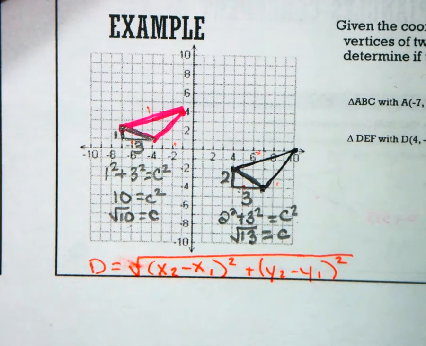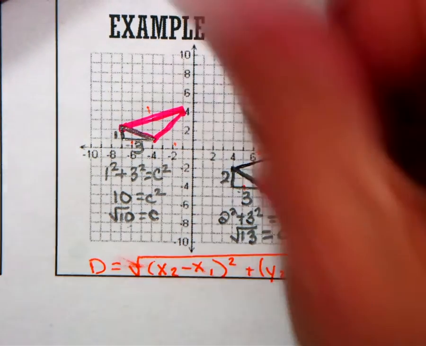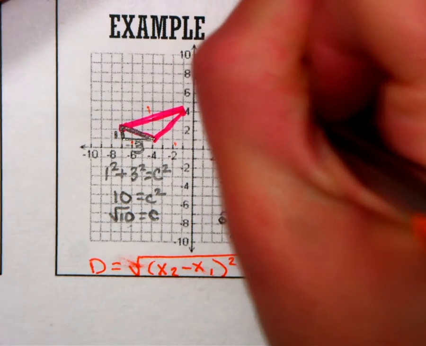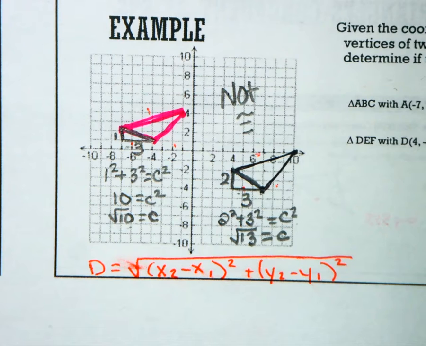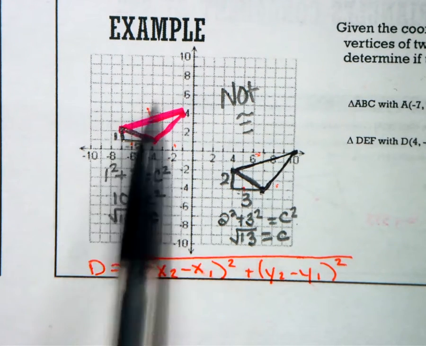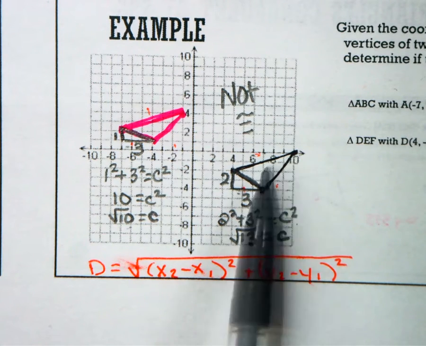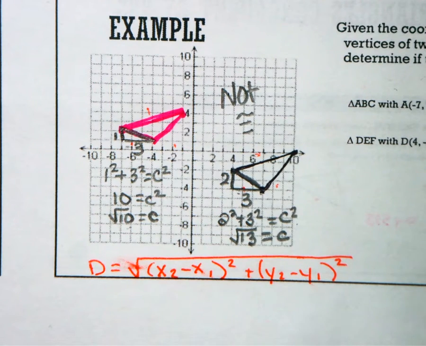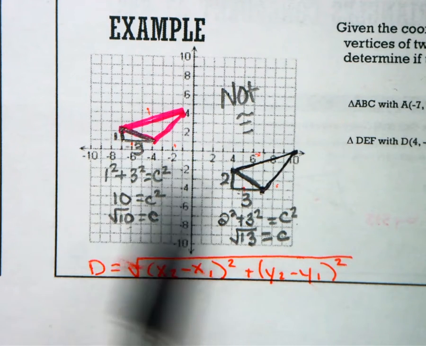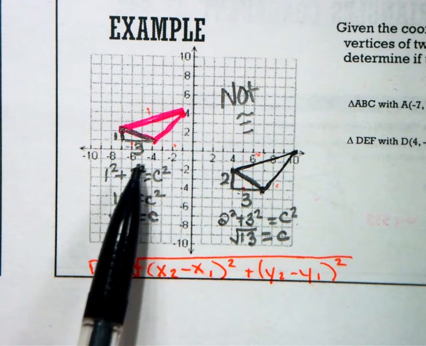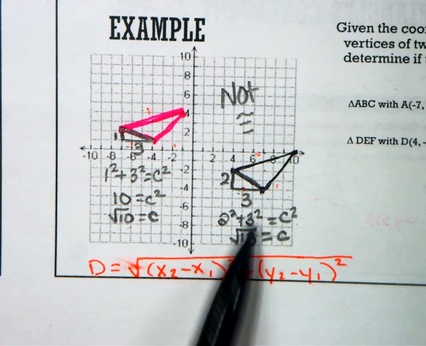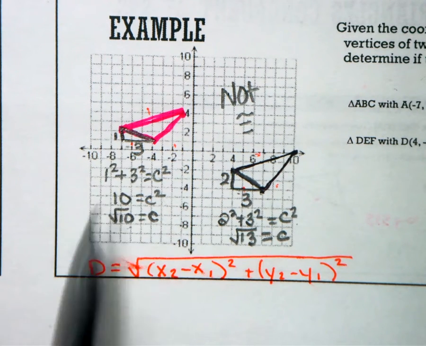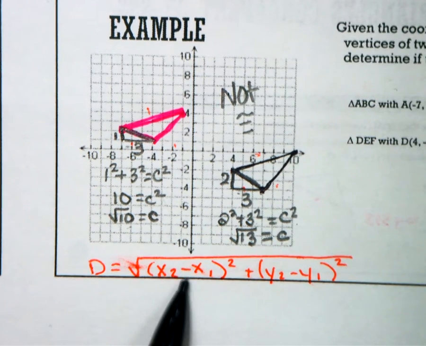Those two numbers are not the same. And because they're not the same, these triangles are not congruent to each other. If for some reason I got all 3 of the sides of this triangle and all 3 of the sides of this triangle to be congruent, I could say yes, it's congruent. But if even one of the pairs of sides doesn't match up, those triangles are not congruent to each other. So that's a much faster way, I believe, to do the distances of the side lengths without using the distance formula. But again, the distance formula is right